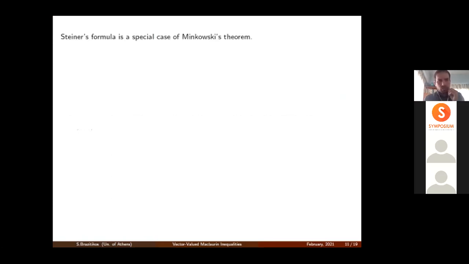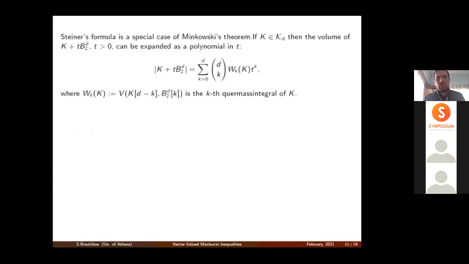Okay, and now we are going to Steiner's formula, where instead of taking many convex bodies, we take a convex body K and a multiple of the unit Euclidean ball in R^d, which is B_2^d here. And as before, the Minkowski sum of K plus t B_2^d is a polynomial in t, and the coefficients that appear here